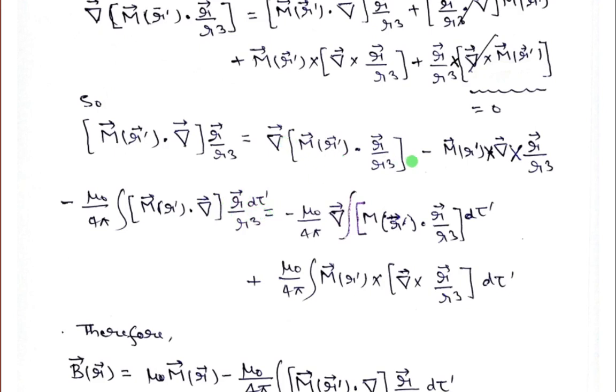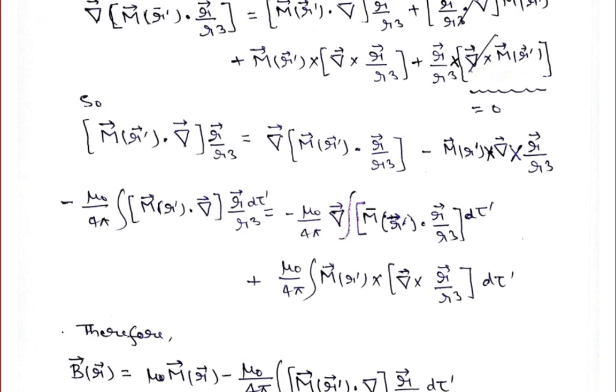now this quantity, that is this minus. So this will be minus here because of this minus mu 0. So minus mu 0 upon 4 pi, this del, integral. So this integral in bracket, what we will get is this quantity, that is M vector, which is a function of r prime, dot r vector upon r cube, bracket close, that is d tau prime, and then this minus, and because of this minus, this minus will become plus.